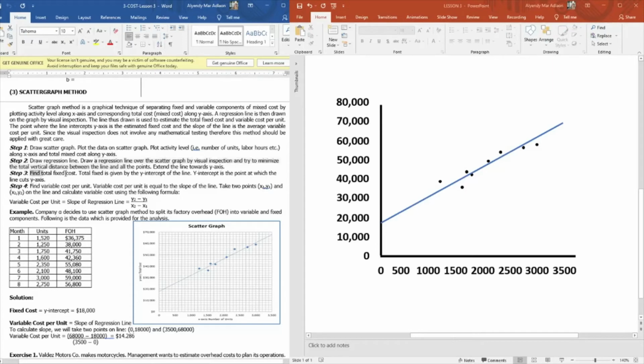And step 3, find the total fixed cost. So, unsa to pagkaila sa total fixed cost? That is the total fix is given by the y-intercept of the line. Y-intercept is the point at which the line cuts y-axis. So, haman ang y-intercept ani? Haman ang y-intercept since